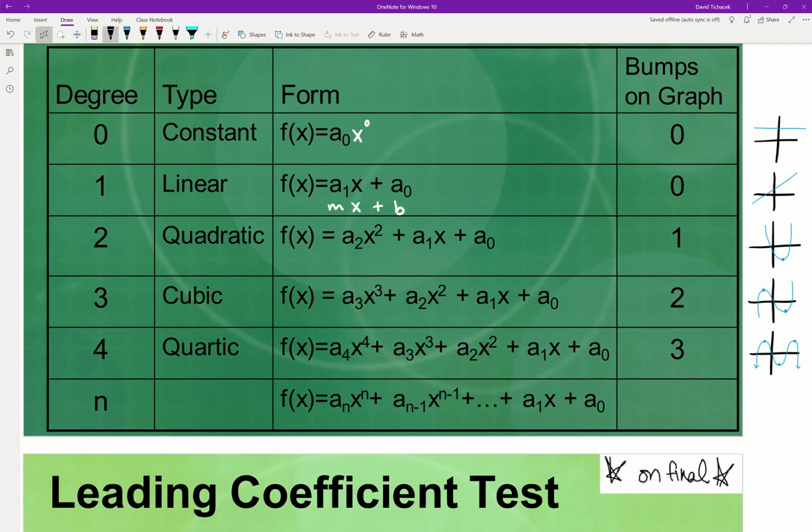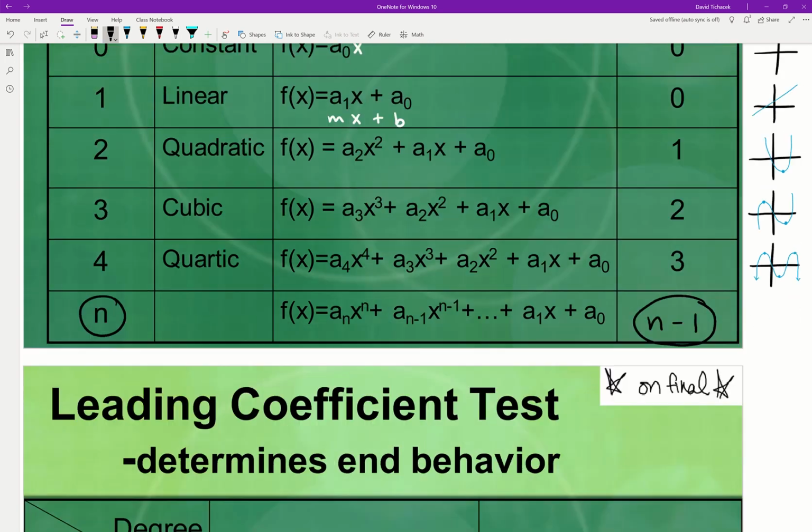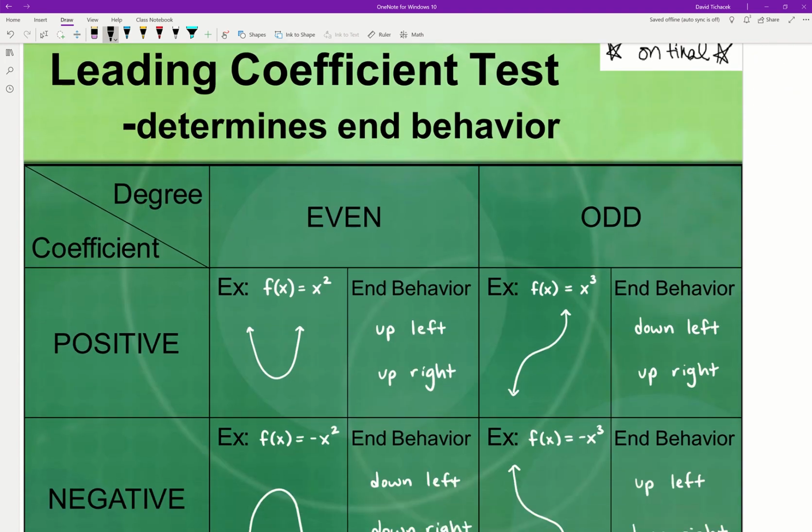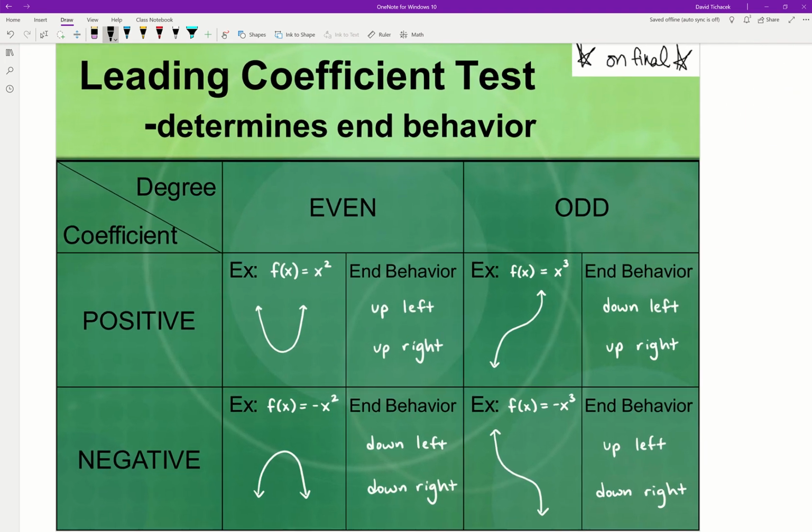You'll notice as we go through, it's always just going to be one less, right? If I have a degree 2 polynomial, I'm going to have 1 turning point. If I have a degree 3 polynomial, I have 2 turning points here. So that's going to mean, in the general case, if I have n as the degree of my polynomial, I'm going to have n minus 1 as the number of turning points in the graph of my function, okay? So being able to point that out and keeping that as a tool in our toolbox for being able to make sense out of what the function should look like later is going to be pretty important, okay? And speaking of that end behavior,